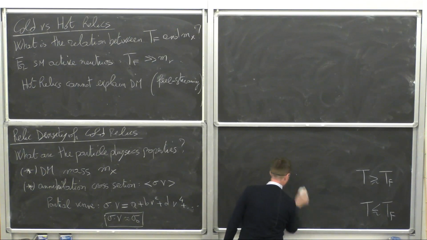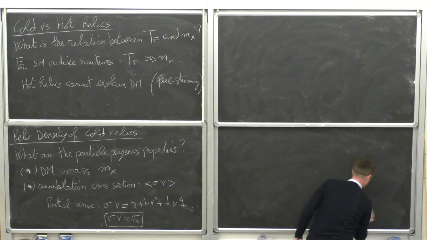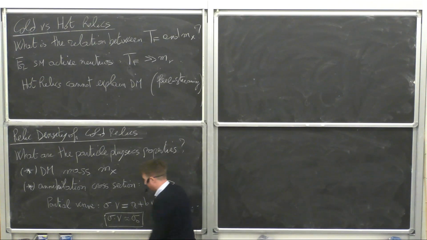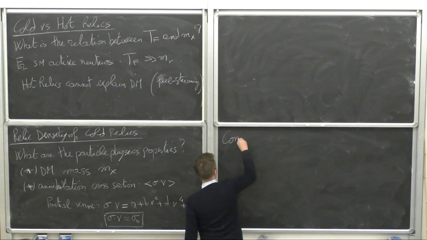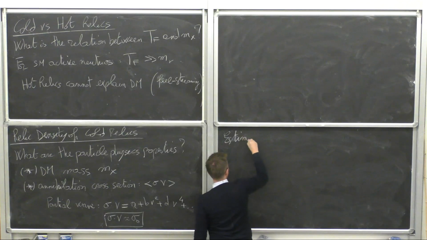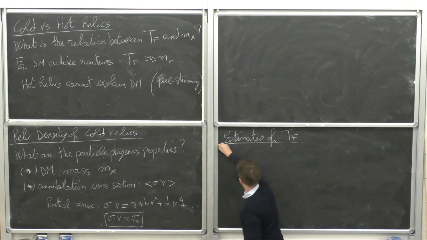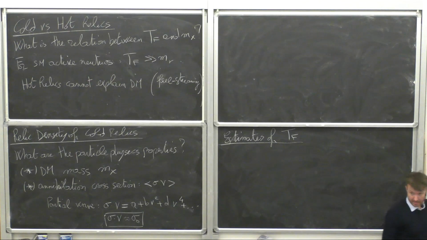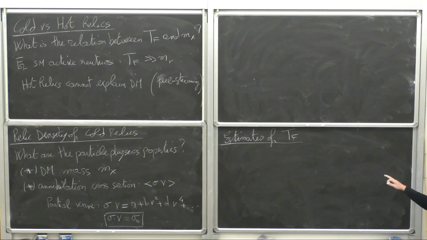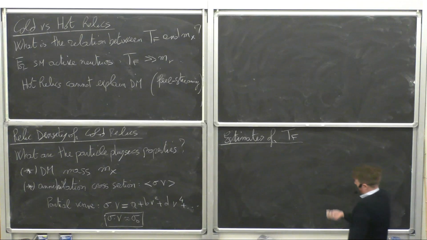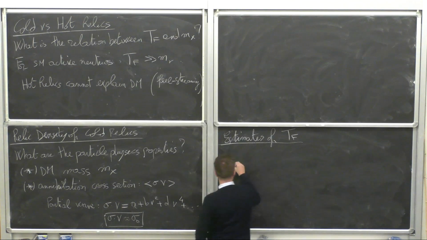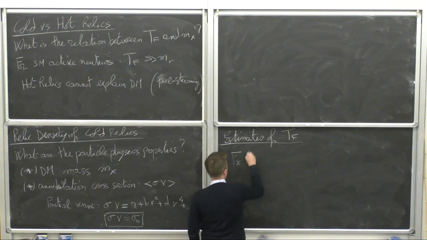Okay, so let's say, computing is too strong, let's say estimates of TF. So how do I estimate the freeze-out temperature? By the time I estimate the freeze-out temperature, I'm done, because then the comoving density is constant. I have all the equations I wrote before, so I know the Rayleigh density. So the estimates of TF, it goes back to